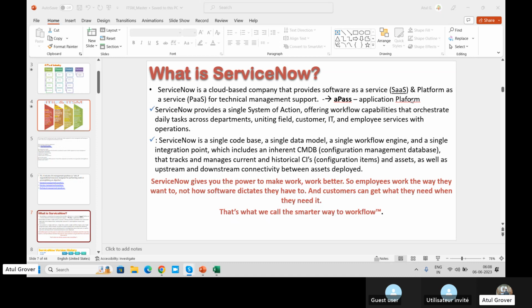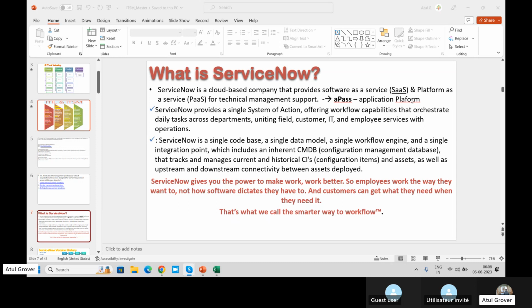You're not bothered about how this cake has been made. But what is the meaning of on-prem? You go to the market, you bring all the raw material, then come back home, and then you bake the cake at home. That is called on-prem. You're making everything on the premises, at your home only.